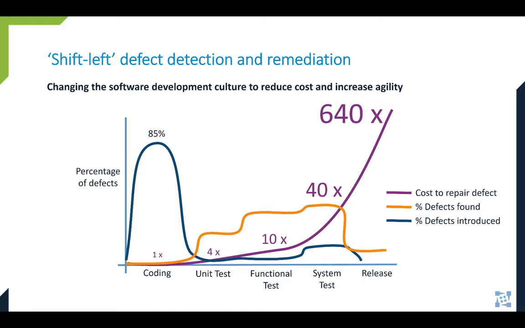So what we're focused on doing is shifting left the identification of defects earlier in the SDLC by leveraging earlier stage quality practices such as deep code analysis, including secure coding practices and unit testing, which also has the effect of reducing the number of defects introduced in the first place by training the developers as they go.